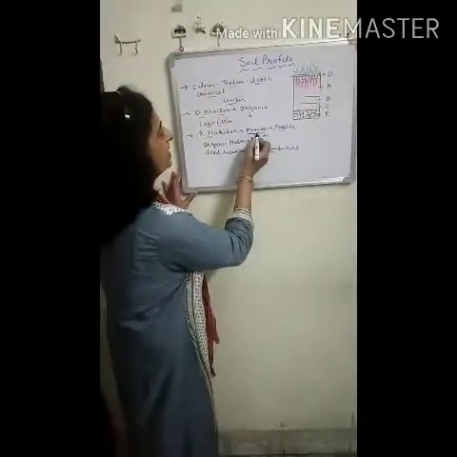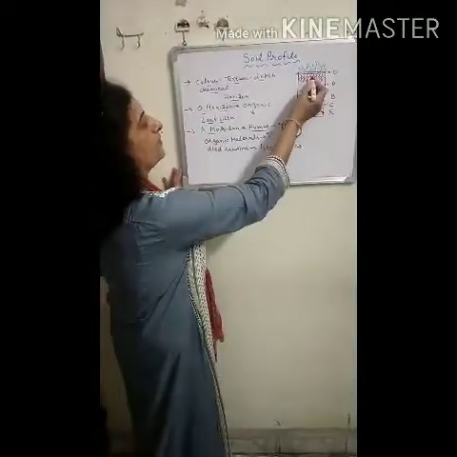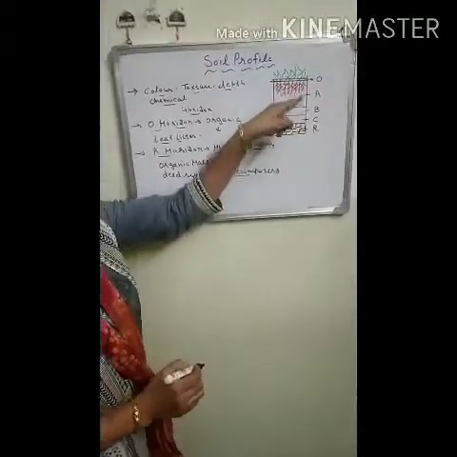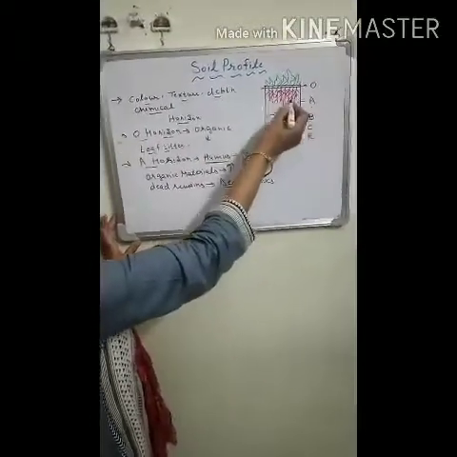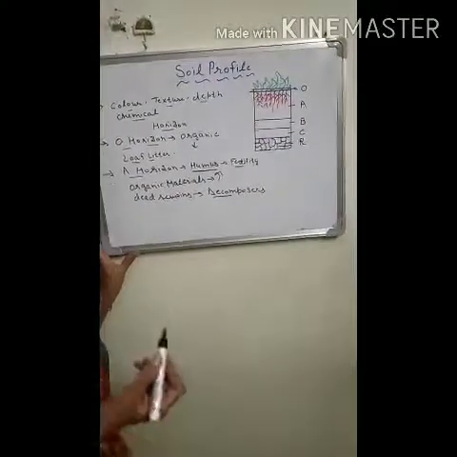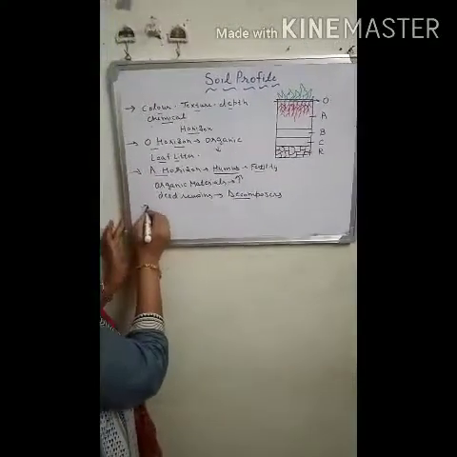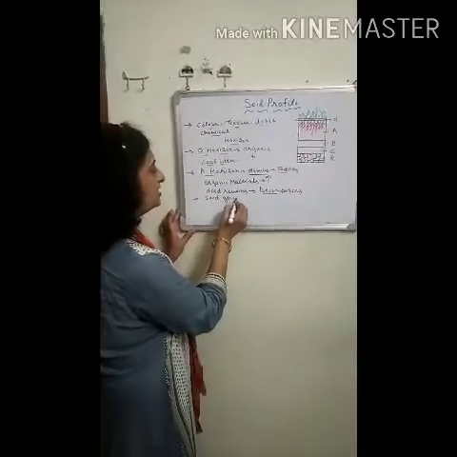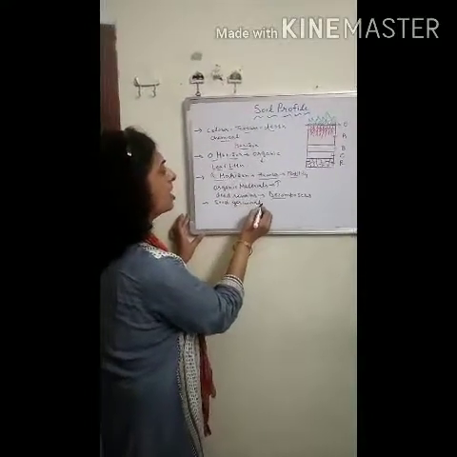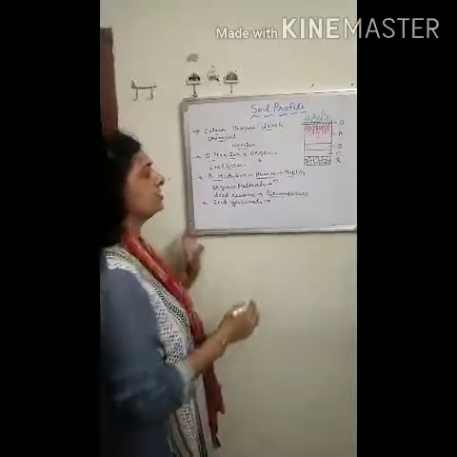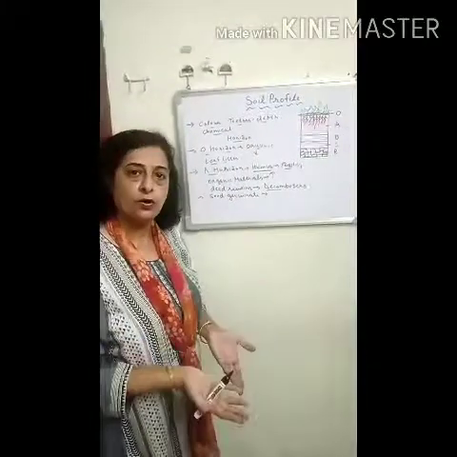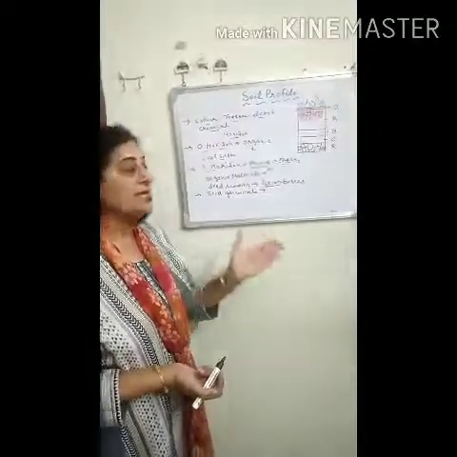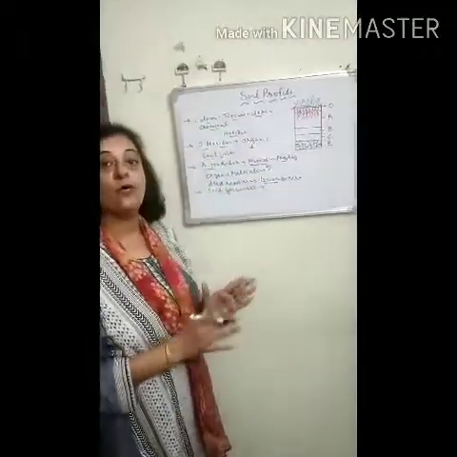Roots of the plants mostly grow in this layer. Seeds germinate in this layer. A number of organisms like earthworms and microorganisms are found in this layer. Means this layer is full of life,